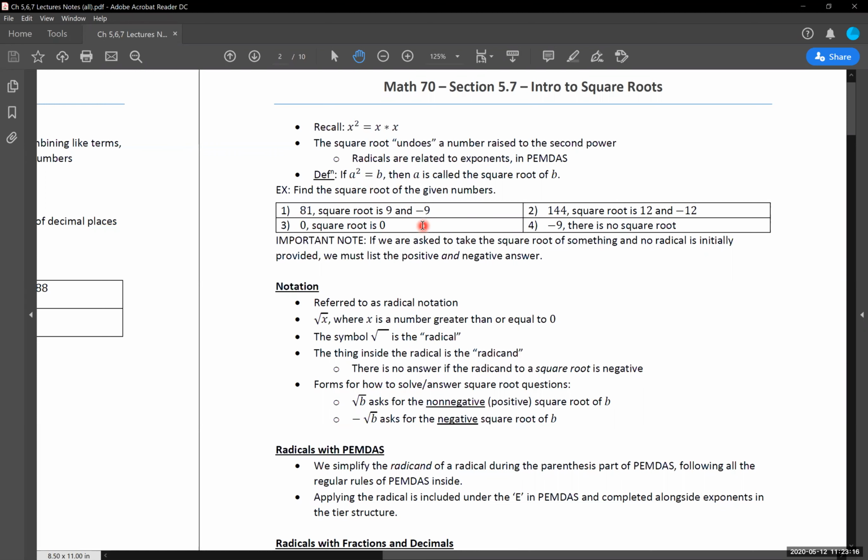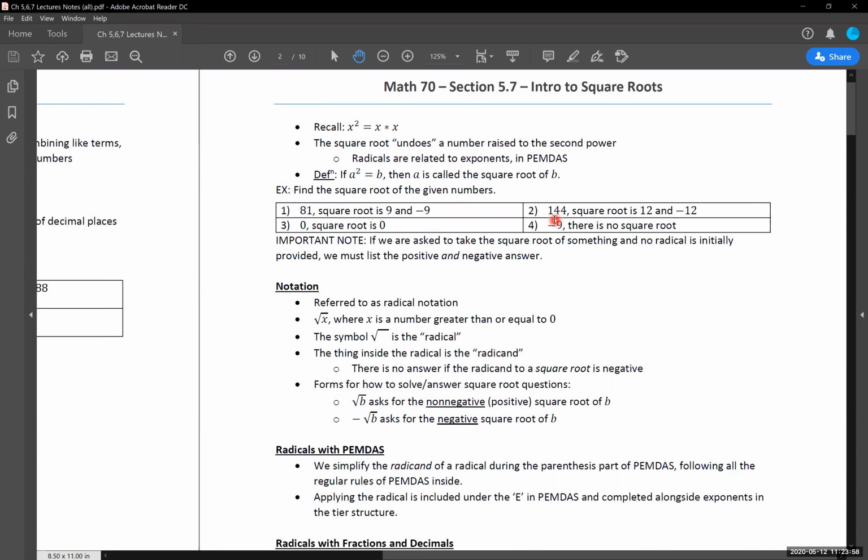A negative times a negative is a positive, and 9 times 9 is going to give me 81 that way. So this is one of the extraordinarily subtle parts of when we're being asked to find a square root or find a positive or a negative square root. If we are just told, find the square root of a number, we need to find both the positive and the negative square root that goes along with it. And there's a big difference, which we'll get to a bit farther down here, between being asked for the square root, the positive square root, and the negative square root. Those are 3 different questions with 3 different answers attached to them.